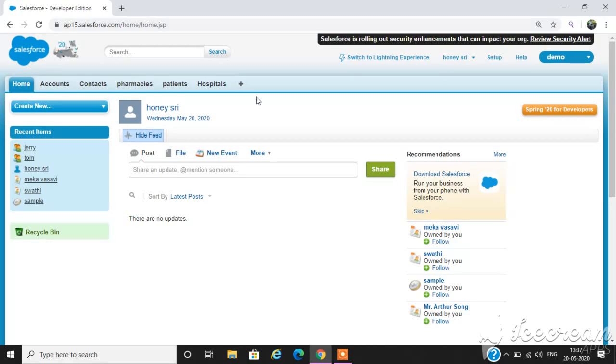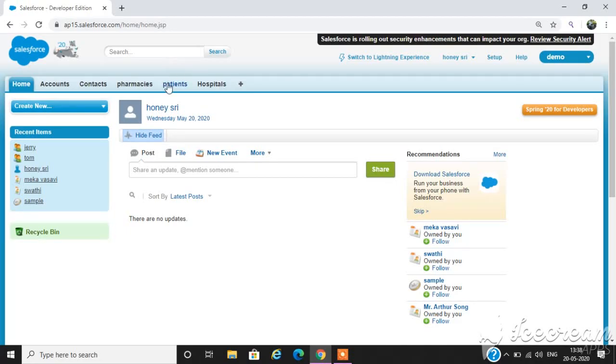A lookup relationship involves finding the value of a field based on the value in another field from another object, that is the parent object. Generally, lookup is mostly used in the case of commonly shared data between two objects. We can define lookup relationship between any objects, standard or custom. Here in this video, I am creating lookup relationship between two custom objects.